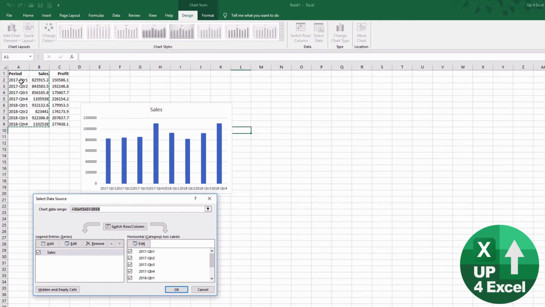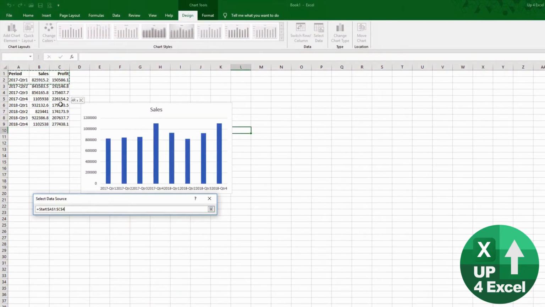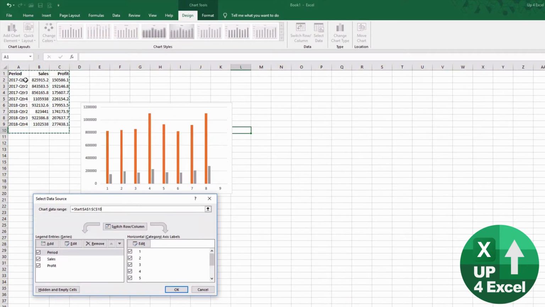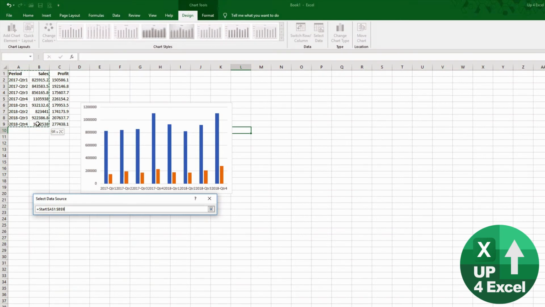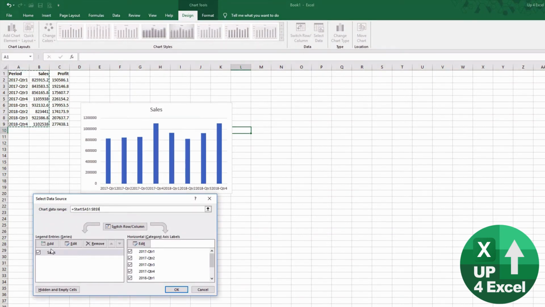Now we could just change that chart range to there, sorry, to here, for example, right? And then you can see the chart is automatically updating above to now include the profit. So incredibly simple. But if the profit was somewhere else, for example, if we leave that how it was, we can manually